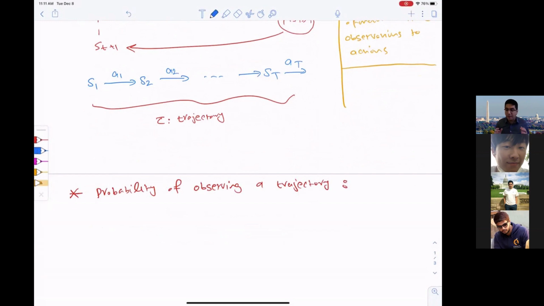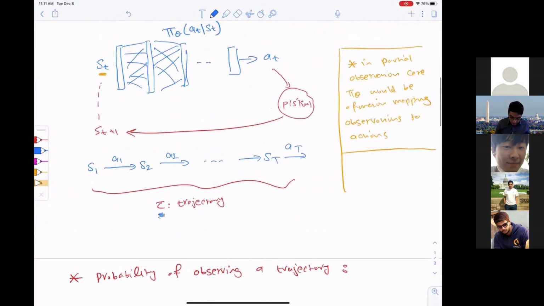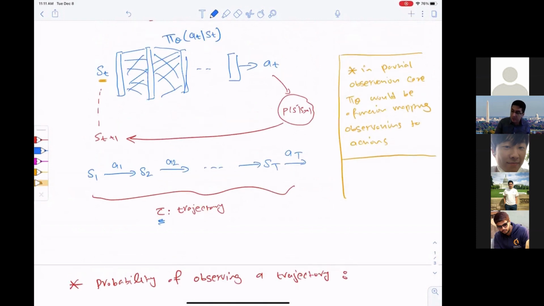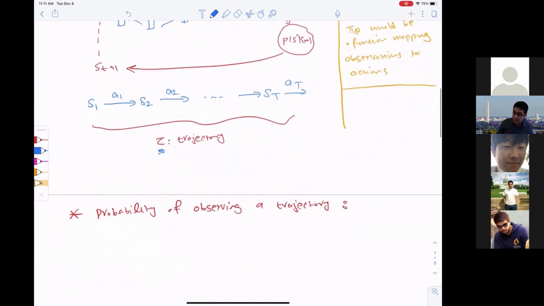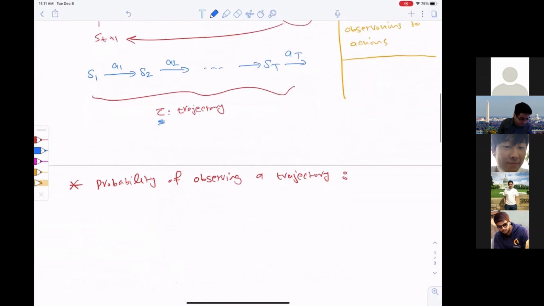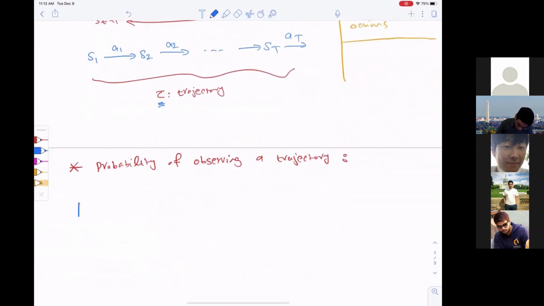Okay, so I give you a particular trajectory tau, and I want to see what is the probability that this trajectory is being observed using a model depending on the policy pi sub theta and the environment, the transition probabilities coming from the environment. So that's the probability I'm going to show with p sub theta of tau. That's the probability of observing a particular trajectory.